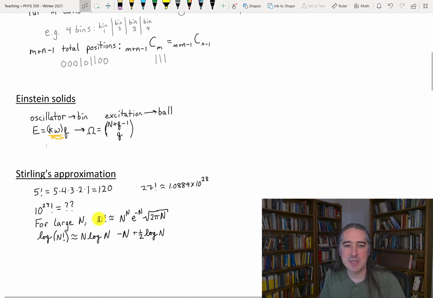Frequently we say, geez, n factorial is such a huge number. Even analytically on paper as a formula, it's hard to think about, hard to work with. And so a lot of times we'll be looking at the logarithms of these large factorials. So you can just take the logarithm of this and say, okay, the logarithm of n factorial is,